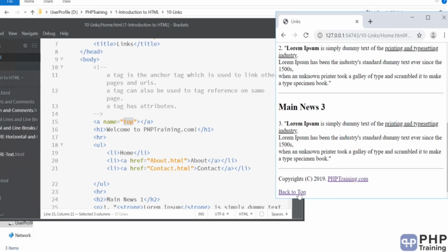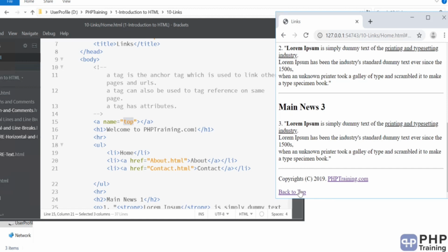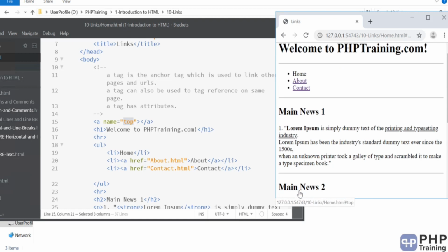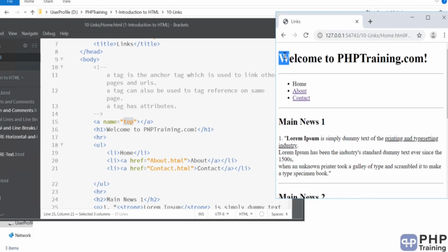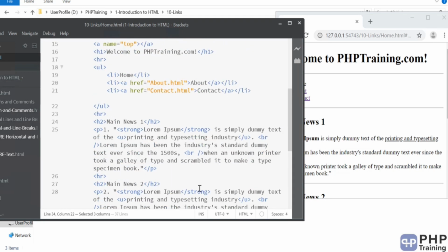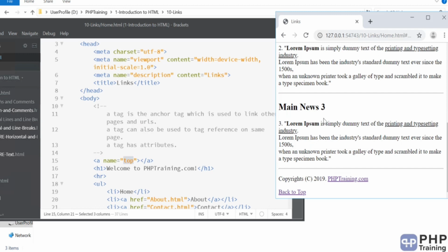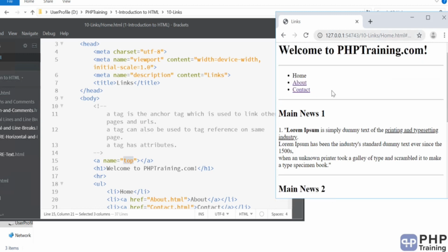When someone clicks this, let's refresh this page, click this, you go to the top, because you are going from this link, you are saying I want to go to that anchor. That anchor is defined somewhere here before the welcome, and then when someone clicks on this top link, it will go and find the anchor, say top, and it will go to that page level. This is like moving inside your page sections. Okay, just click on it and you will go to the top.